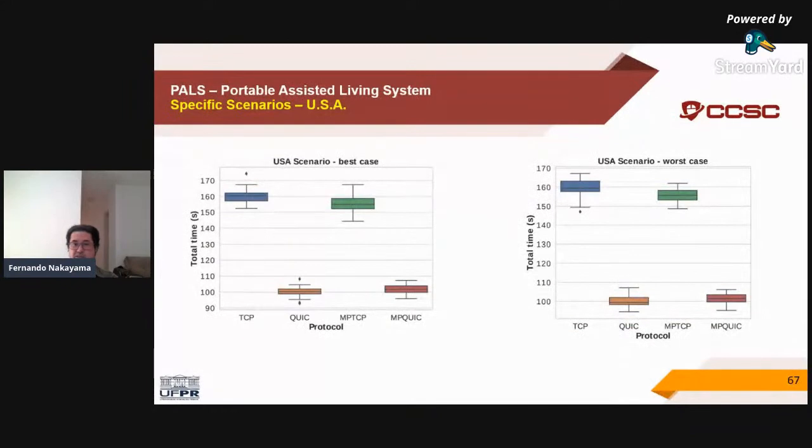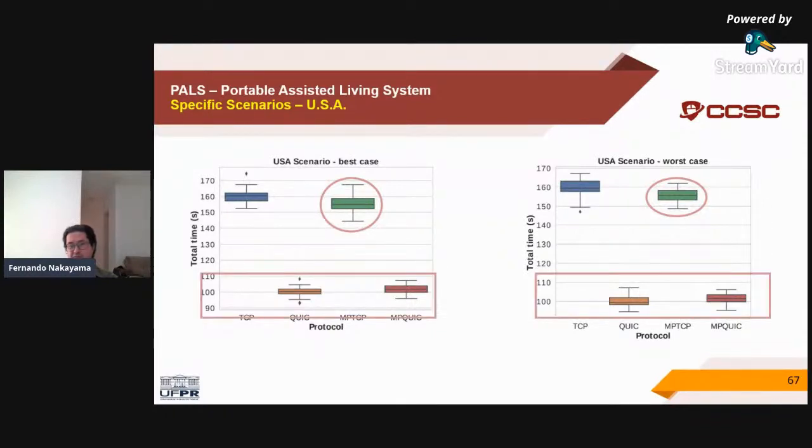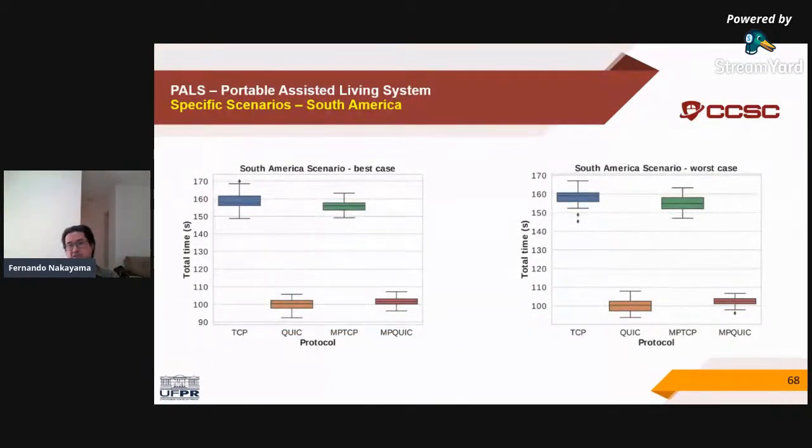In the United States of America scenarios, PULSE and PTCP had the best performance of the regional tests. However, it still lags behind the UDP-based versions. The South America scenarios presented the lowest bandwidth values of all regional emulations, and we have noticed that the TCP-based protocols have performance issues with lower bandwidth values.